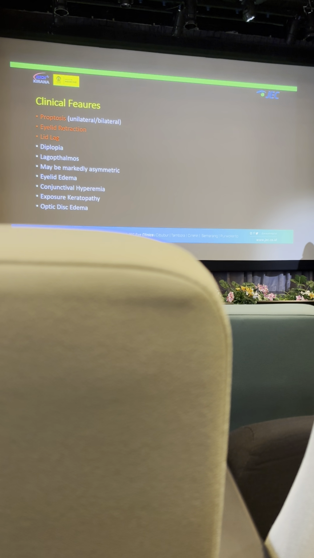For the clinical picture, I think Graves orbitopathy is very pathognomonic, but some of them don't have a specific clinical feature. But usually they have proptosis, eyelid retraction is the most common for Graves orbitopathy, and there is lid lag, diplopia, lagophthalmos, and sometimes it may be asymmetric. The eyelid edema, conjunctival hyperemia, and exposure